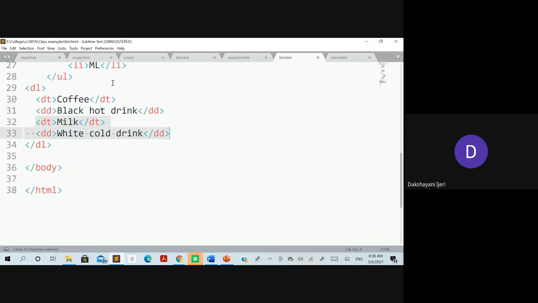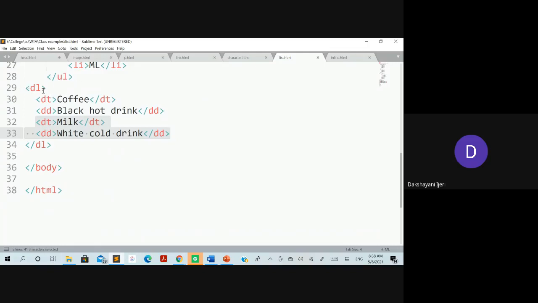So what you are supposed to remember for this entire list concept is the elements. The main element to begin with the ordered list is OL, and to add the items to the ordered list is LI. To begin with the unordered list the element is UL, and to add the items to the unordered list you require the element LI.